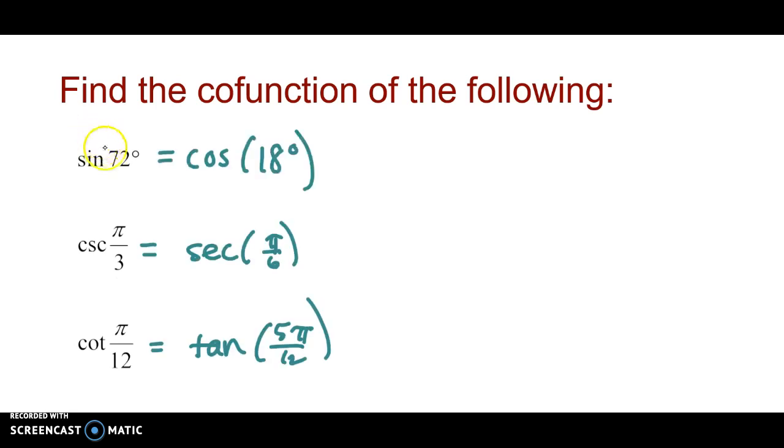All right, so for the sine of 72 degrees, I got cosine of 18 degrees. How? I had cosine of 90 minus 72, which is 18 degrees. For cosecant of pi over 3, that's secant of pi over 6. How? Pi over 2 minus pi over 3. And then for cotangent of pi over 12, I had tangent of 5 pi over